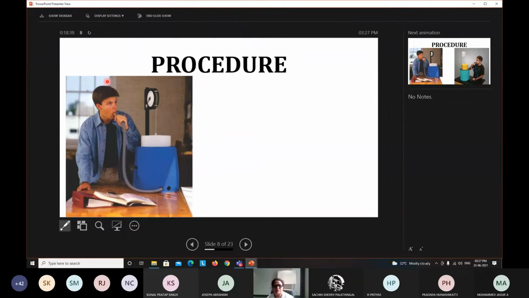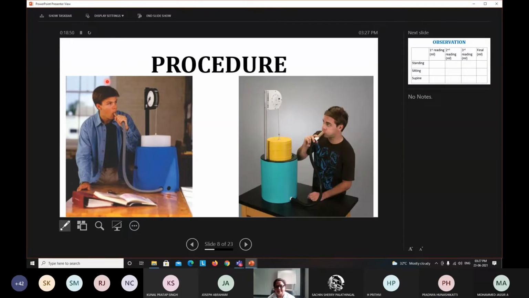Now our second aim was to know the effect of change in posture on the vital capacity. So what you have to instruct the subject next is to sit and perform the same thing, to repeat the same thing in sitting position. In both these pictures, the person has not closed his nostrils, but that should not be the case. When you are performing, you have to completely close them so that there is no air escape through the nostrils. Whatever air you have inhaled has to be completely blown through this pipe and it should be recordable.